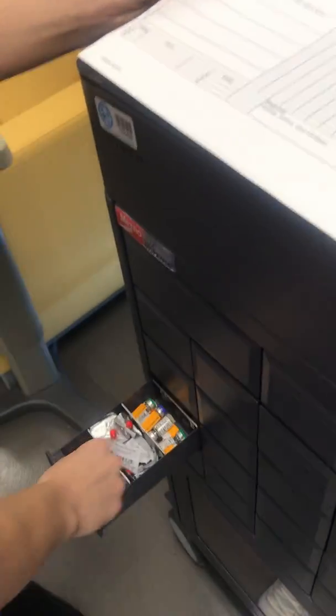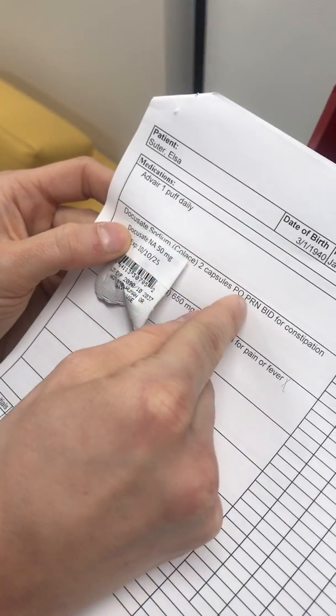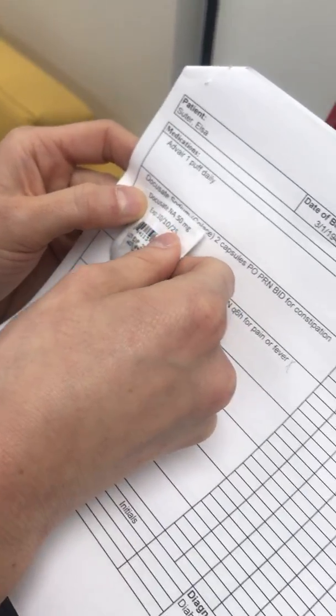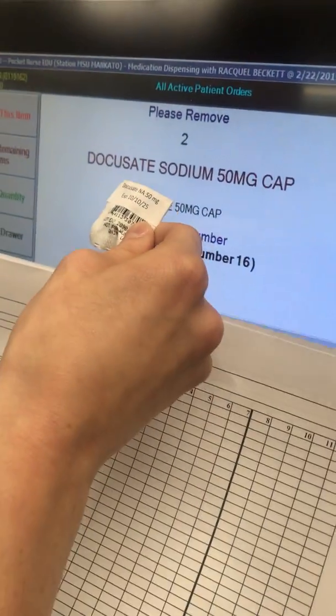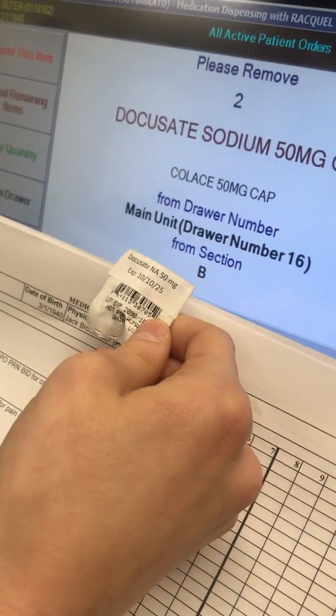access our next item. Okay, so here's our PRN med and section B. So we have our Colace here. Let's see, so 2 capsules, PO, PRN, BID for constipation, and then as needed, and she needs it for constipation, 10, 10, 25, and then, so that's not expired, then we'll match it up here, Colace 50 milligram capsule, and then that matches up there perfectly, 10, 10, 25, we'll put this into here, and